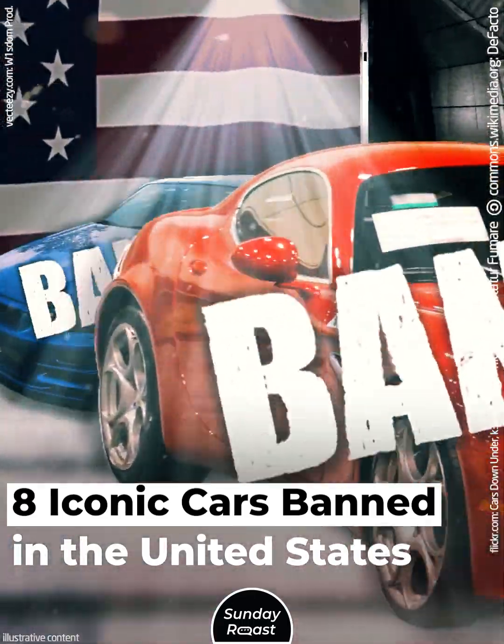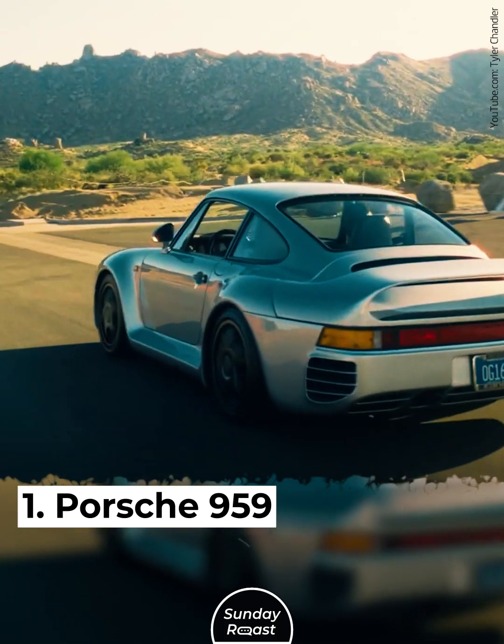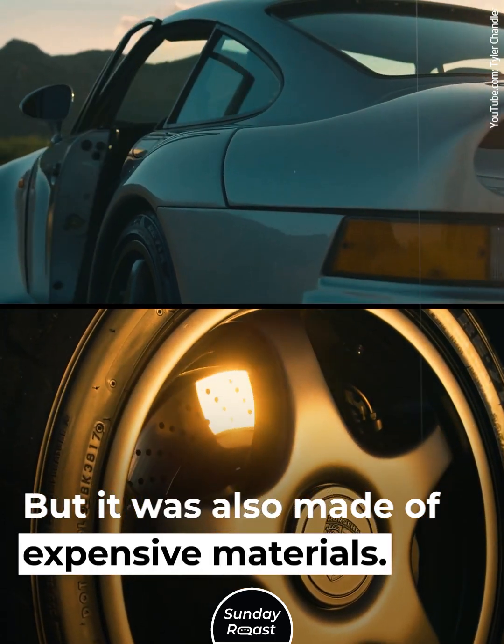8 iconic cars, banned in the United States. 1. Porsche 959. This was the most advanced supercar of the 1980s, but it was also made of expensive materials